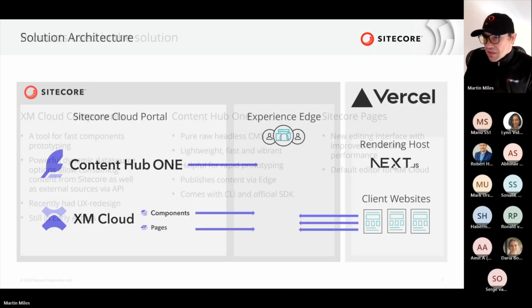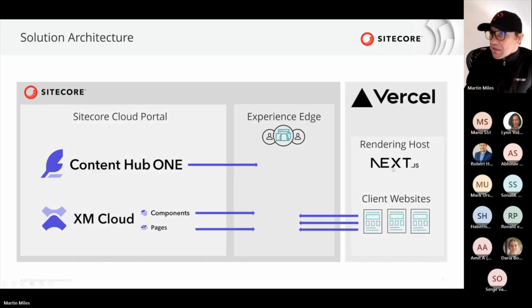Okay, so this is the visual diagram of our today exercise. We will be dealing with the infrastructure powered by two companies. One is Vercel, with their geographically distributed network of CDN for publishing content, and obviously Sitecore, which contains two